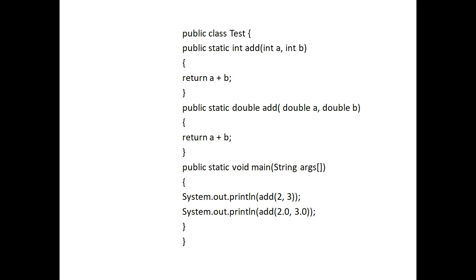Both may be 5 and there may not be much difference, but it's quite simple that one is of type double and one is of type integer. So here I can receive the value 5 and here I am going to receive the value 5.0. So let us execute this program and see.